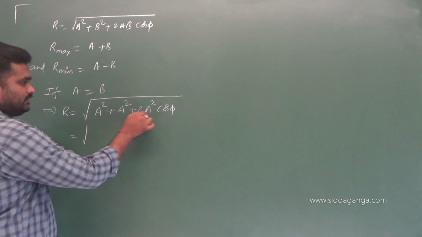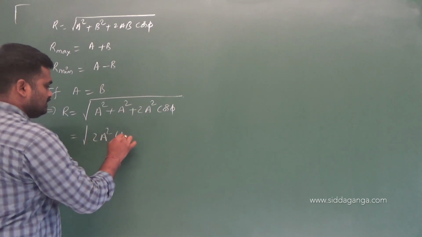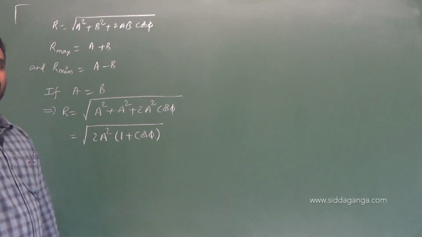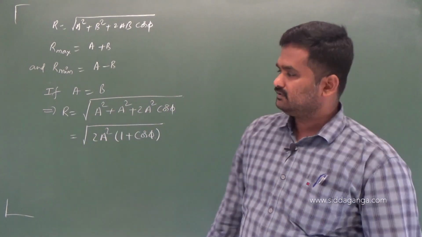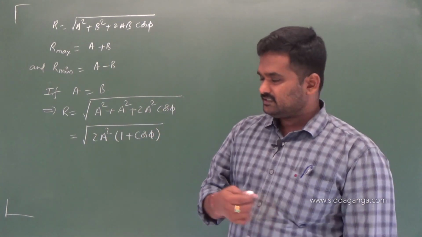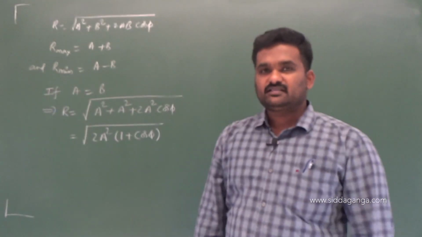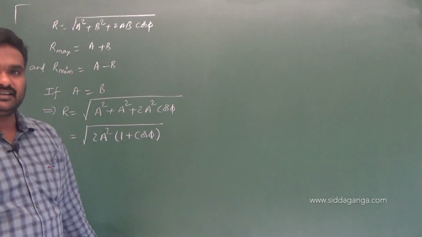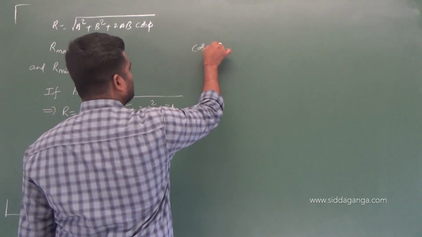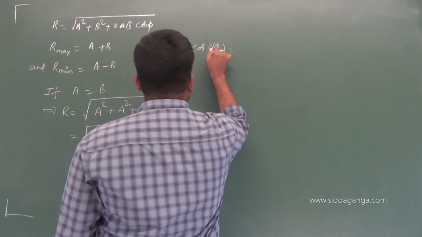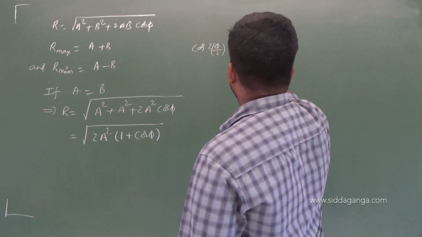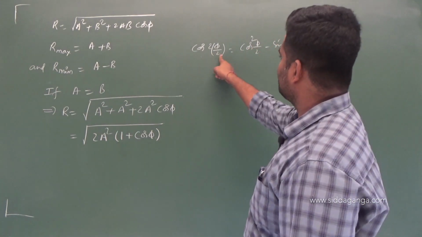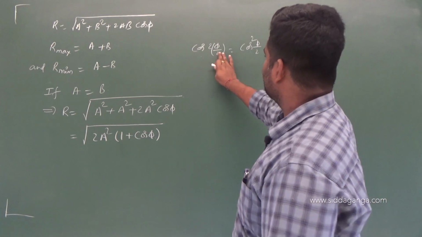or I can rewrite this as root of A square plus A square is 2A square, if I take 2A square common, remaining is 1 plus cos phi. How to write 1 plus cos phi in terms of phi by 2? Hope you have learned this in mathematics already, right? How to write 1 plus cos theta, and 1 minus cos theta can be written as what? Just like see, cos 2 theta is what? Cos square theta minus sin square theta. That's all, isn't it? So, this is cos 2 theta,